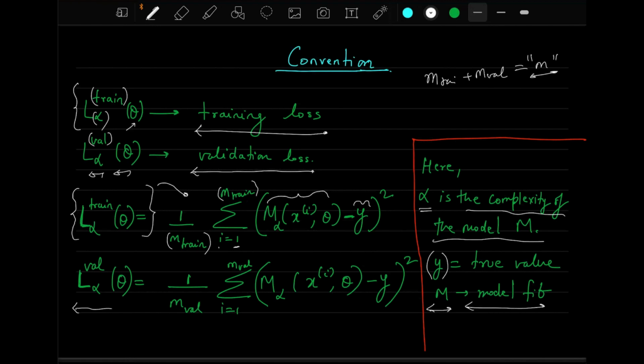Similarly, if you want to calculate the validation loss, it will be 1 divided by m validation and this one, and this is the predicted value from the neural network or from the polynomial expression, and this is the true value. So you are calculating that. These are the two metrics that we will use. If you are comfortable with this,